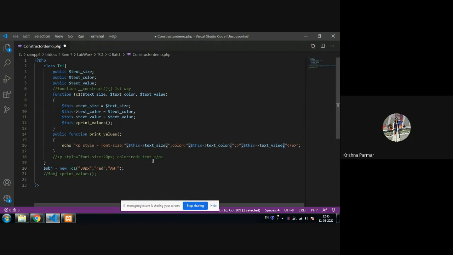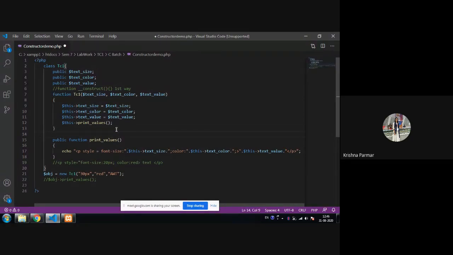Okay, fine, Komal. Now we go for the destructor part, how we can create a destructor. A destructor is always used when you have to clean up the memory, and whenever the object is not referenced for a longer time, so you want to delete it automatically. In that aspect, you can create a destructor, right? In a destructor, mostly the cleanup code is there, but here just for the demonstration we write some text so that we have an idea whether the destructor is working or not. So how can we create a destructor? For that, you just use the keyword function.